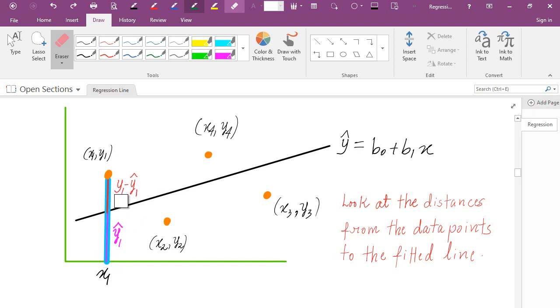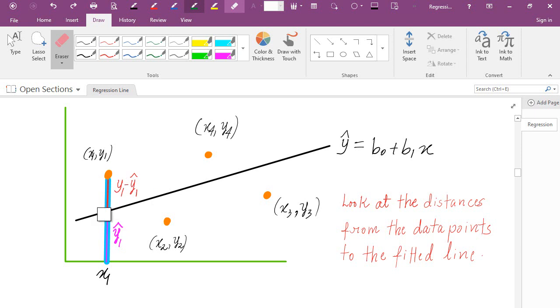So y1 minus y1 hat would be the distance from the data point x1, y1 to the fitted line. This y1 minus y1 hat is called a residual, and this is the vertical distance from the data point